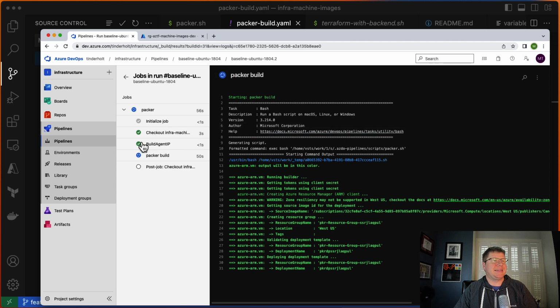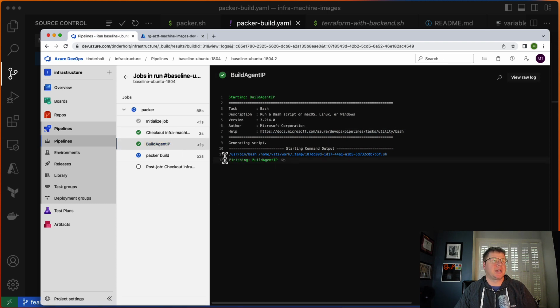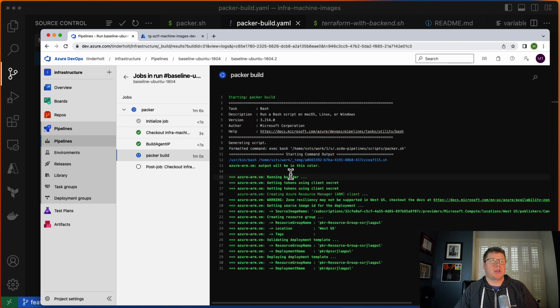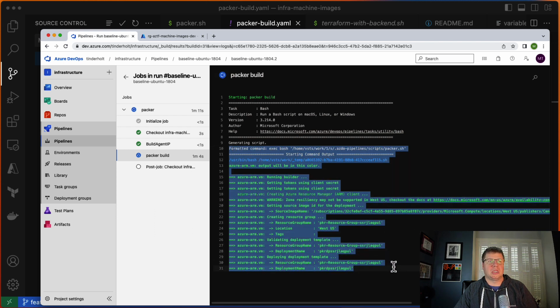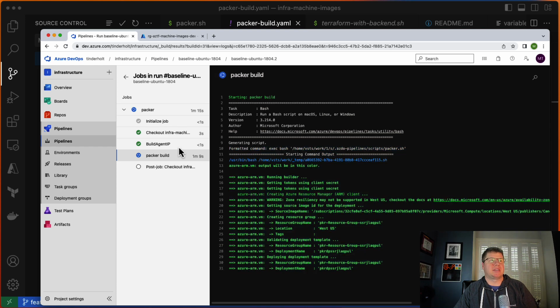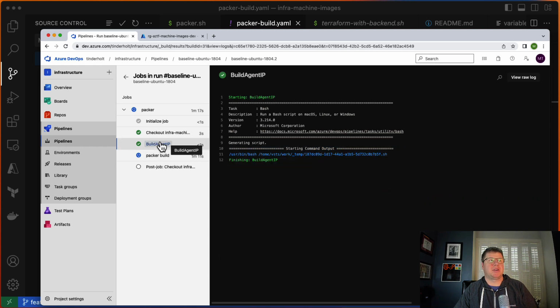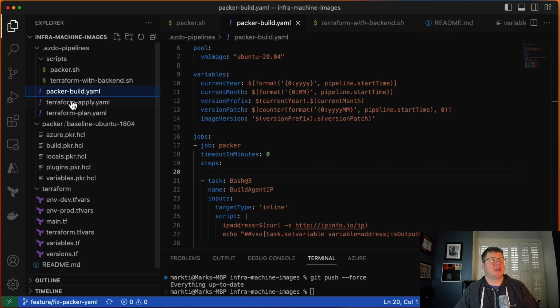Now, one thing I didn't do, which would have been really nice, is if I were to have actually echoed the IP address of the build agent. That way we could have just had a little bit of peace of mind that this is actually going to work. Because if the build agent IP address has got borked, then we are not going to have any clue what is happening